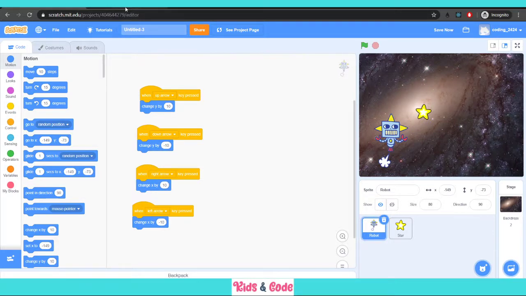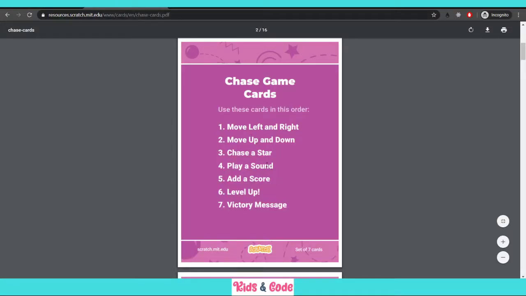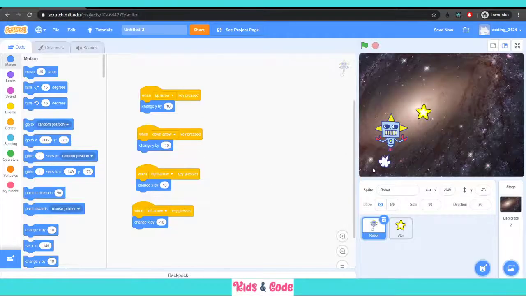Okay, so the next thing is we have to make him chase a star. This star should be moving, right? So we should not know the position of the star from the beginning. The star should move randomly. Okay, so to make the star move, we'll choose the star sprite now. Let me show you where to choose the sprite.